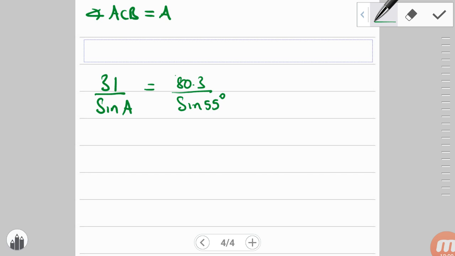This was previously a tutorial made on my channel, so you can check that out about how to use the sine rule to solve for missing angles and sides. And that's going to be the sine of 55, which is equal to